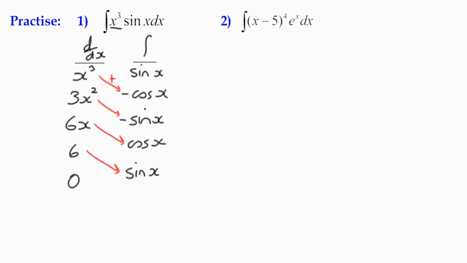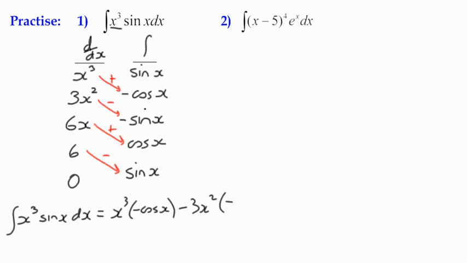We're going to start off with a plus, a minus, plus, minus, and we can say therefore that the integral of x cubed sine x with respect to x is equal to x cubed times negative cos x, and then minus 3x squared multiplied by negative sine x plus 6x times cos x minus 6 sine x plus the constant of integration,